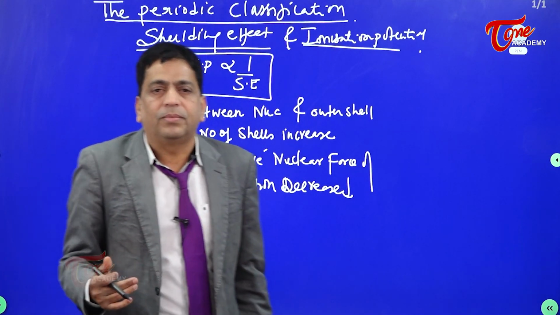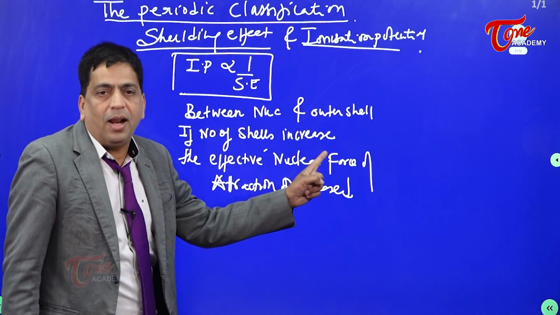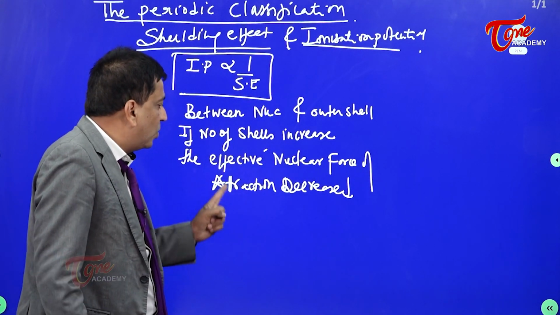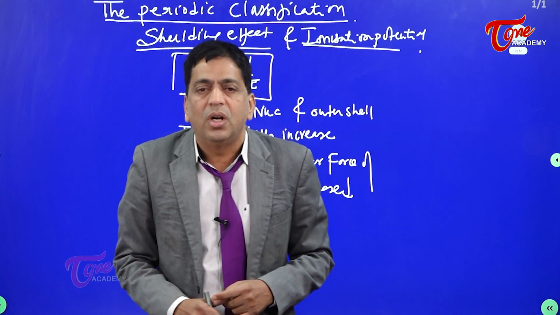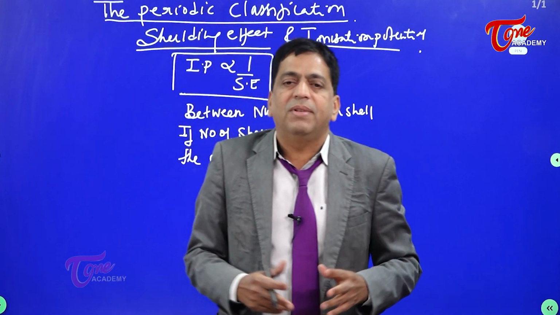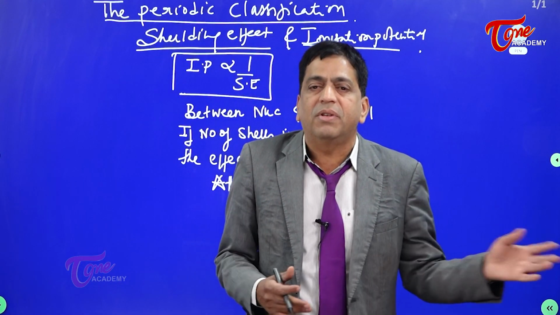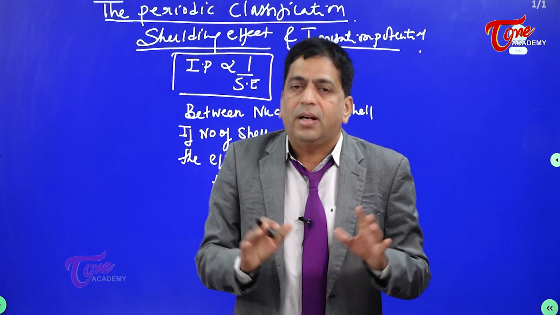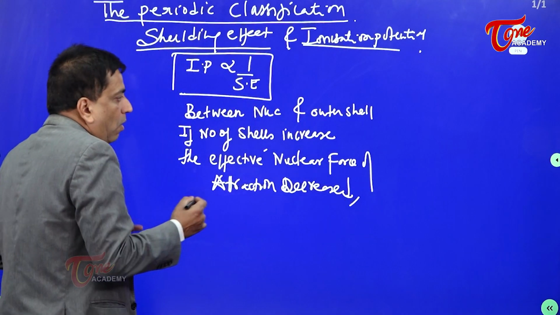You must understand that. So if the number of shells increase, then the effective nuclear force of attraction on the outermost shell basically decreases. When I say effective, it is a resultant, the consequence of having a greater number of shells between the nucleus and the outermost shell. Rather decreases, this is true, and also